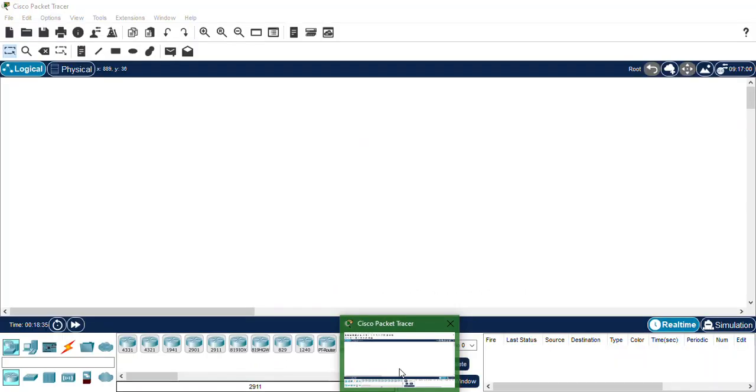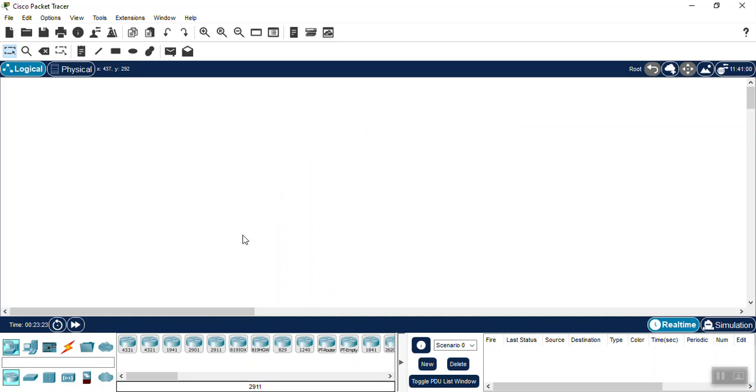We are directly going to the Cisco Packet Tracer. This is Cisco Packet Tracer, and I hope you are familiar with the interface. Here in this bar, we have network devices, and from here we can get the routers. Under this bar we have another bar containing the specific devices. We will click on network devices, then click on routers if we need a router, and then we will get one router from here.